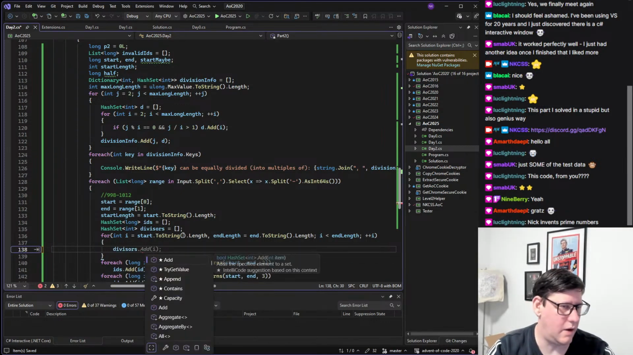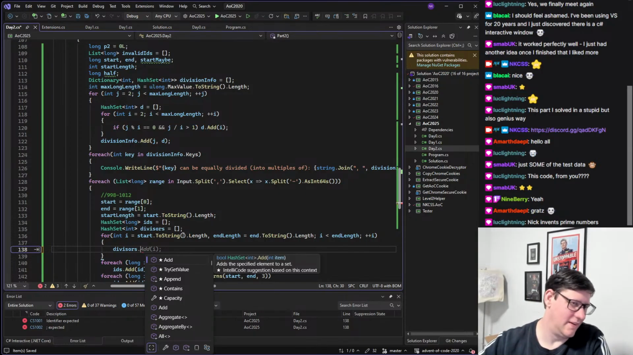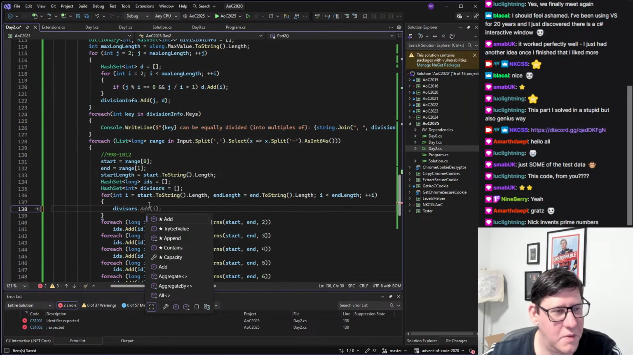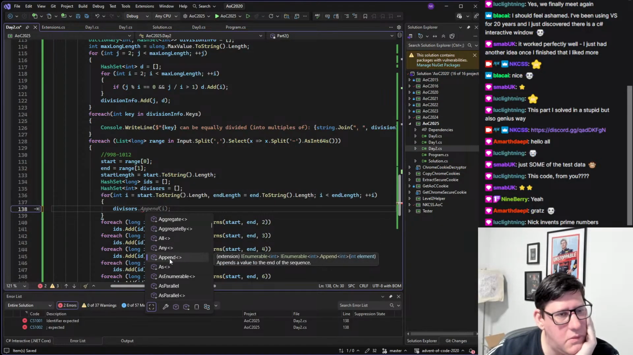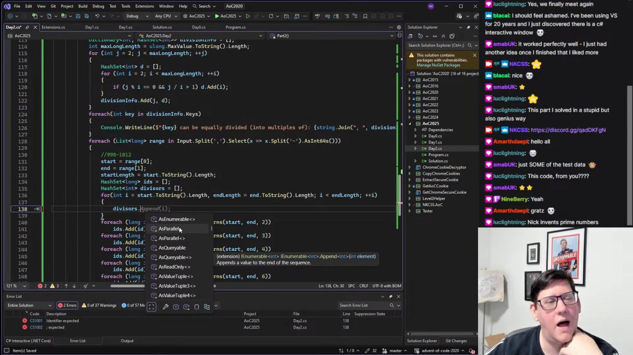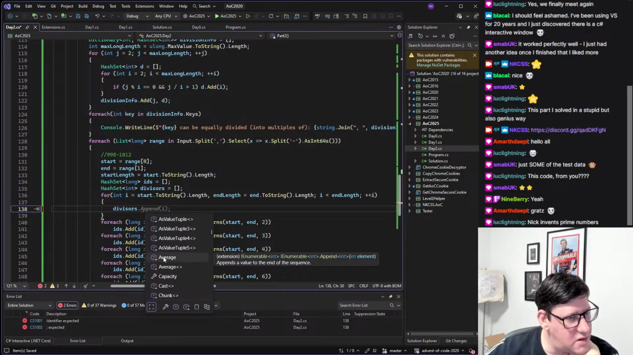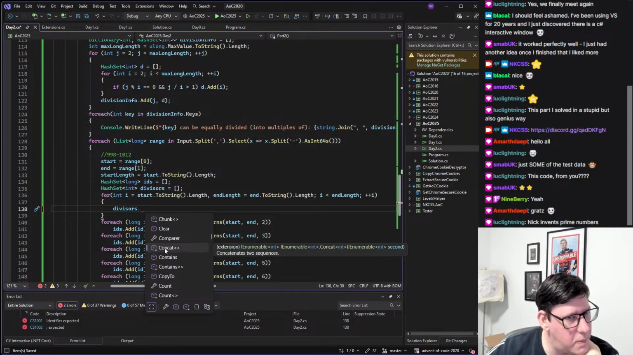Is there an easy way to add a range to a hash set? Yeah, but basically that's what we need here. Is there an easy way to add a range? Like, is there? Ah, there's append. No, append to value, append. Like these are all IEnumerable extensions. I need to have the original ones to make sure that it works, because that produces an IEnumerable. I just need to modify the